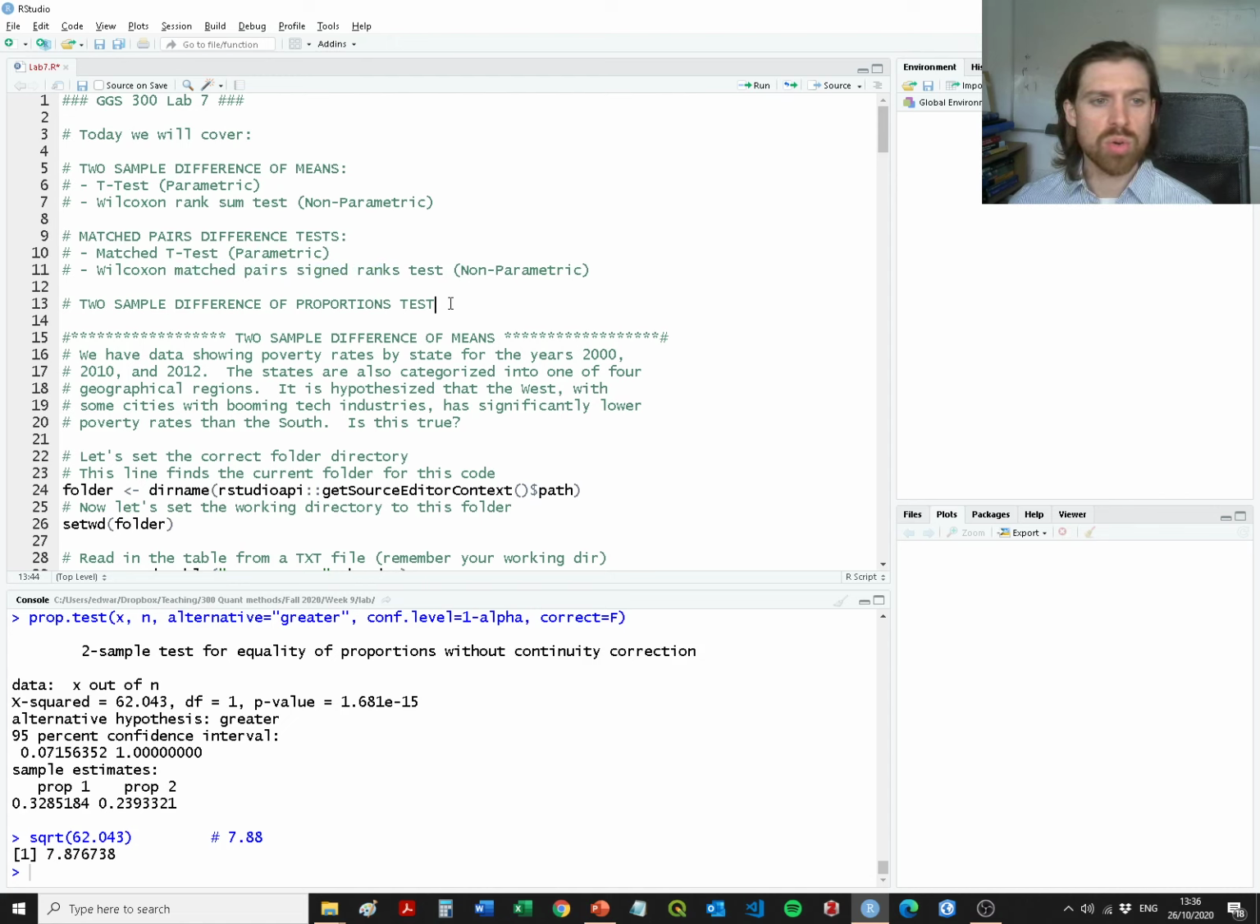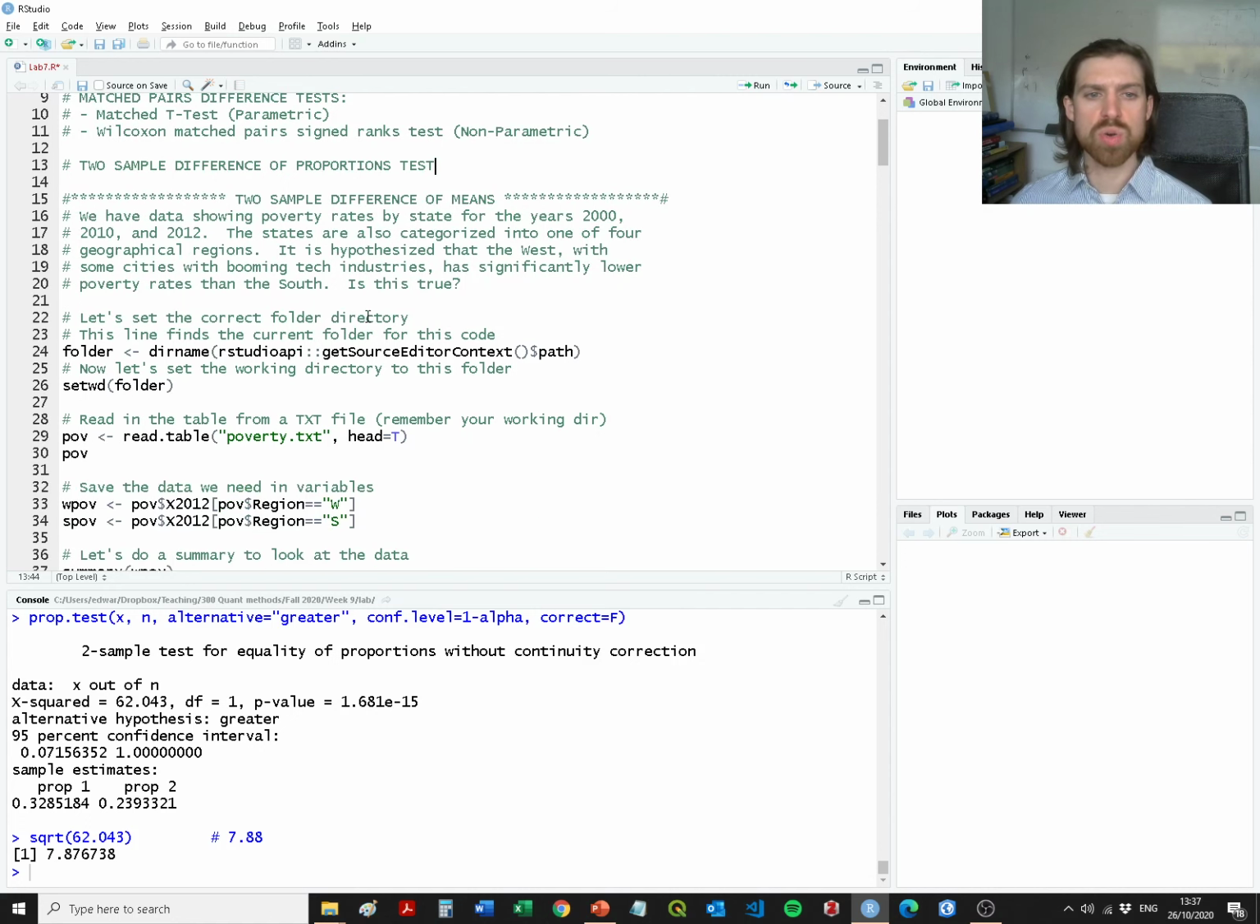And then finally, we're going to quickly close by just covering the two sample difference of proportions test, which we're not going to calculate manually. We're going to use one of the inbuilt tests within R to estimate the test statistic for that particular set of data. Okay, so without much further ado, let's begin and let's move on to the two sample difference of